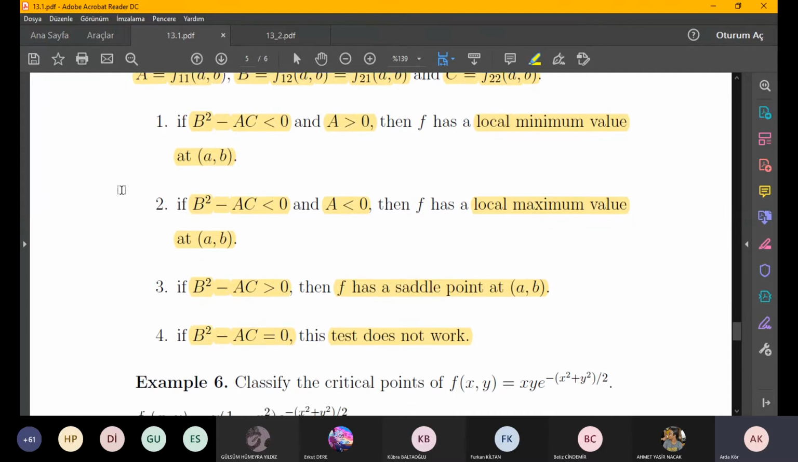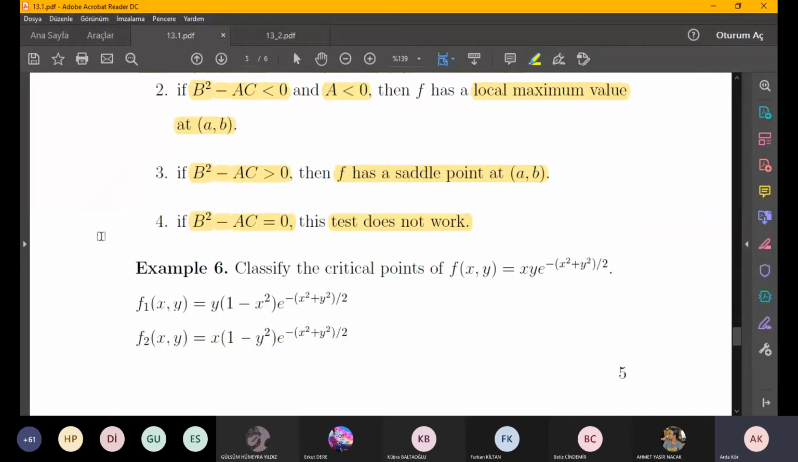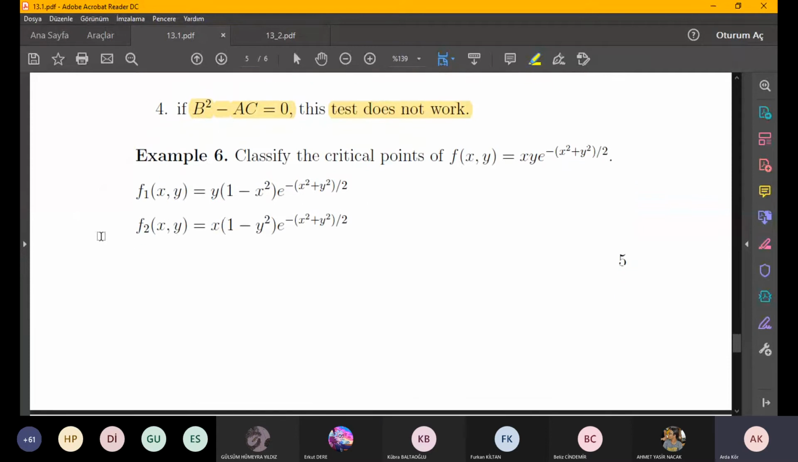An easy and direct method to see the classification of any critical point. Let's say here the function f(x,y) = xy e^(-(x² + y²)/2). Of course, we need the second derivatives, so we will start by computing the first partial derivatives of the function,